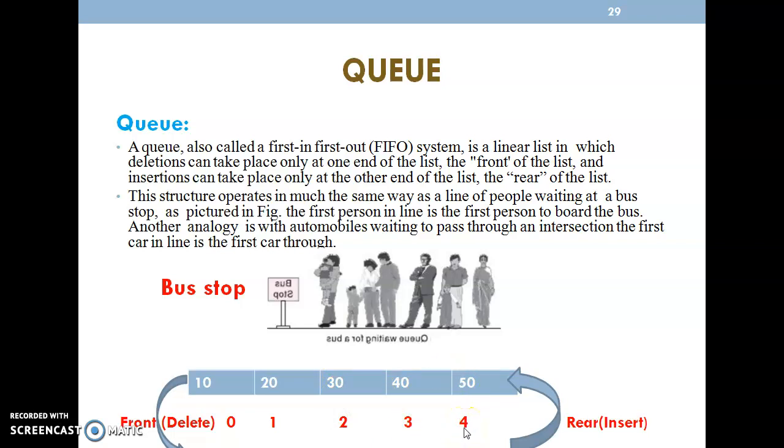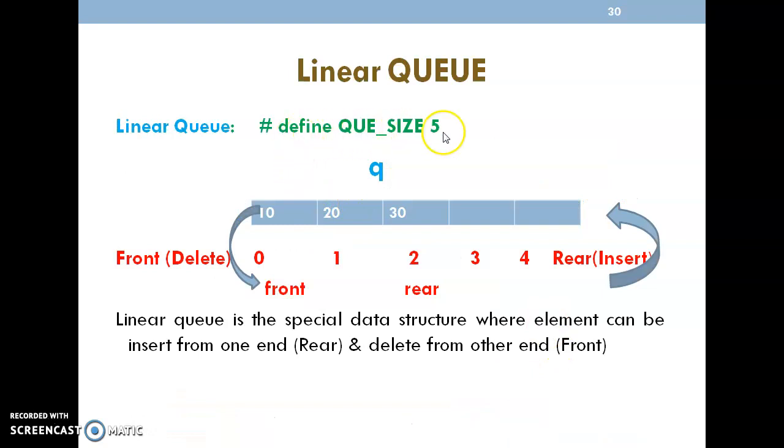Here I have taken a queue size of 5. It means that I can store a maximum of 5 elements. I have used a preprocessor statement to define the queue size as 5. So whenever I need a new queue, I specify the queue size, which means 5 locations will be allocated.